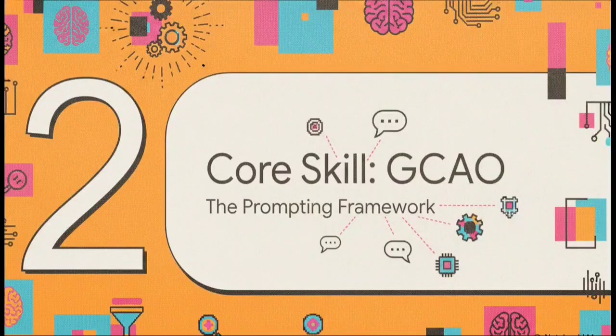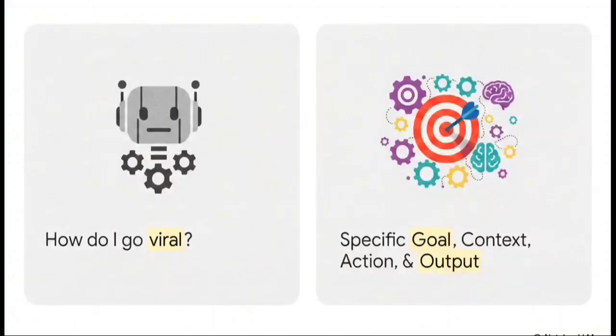Which brings us to Section 2, the core skill, GKO prompting. Specificity is the actual product here. Just think about the exact difference in practice. A generic input is always going to yield useless cliches. But look at what happens when you apply a highly scoped prompt. You instantly get a targeted, actionable strategy. The massive gap between a mediocre AI experience and a genuinely transformative one is almost never about which model you're using. No, it's all about how much real context and specificity you actually put into the box.